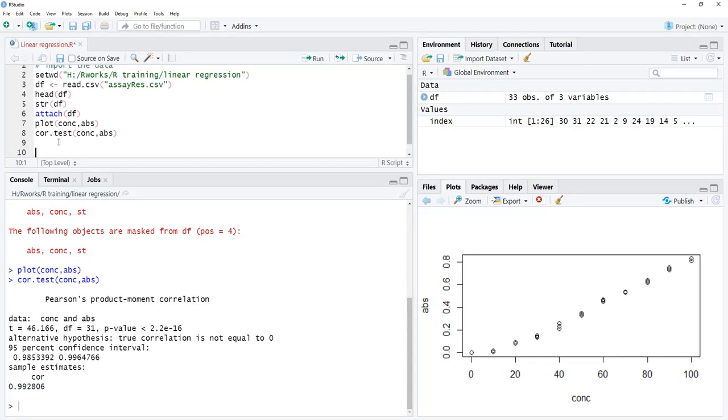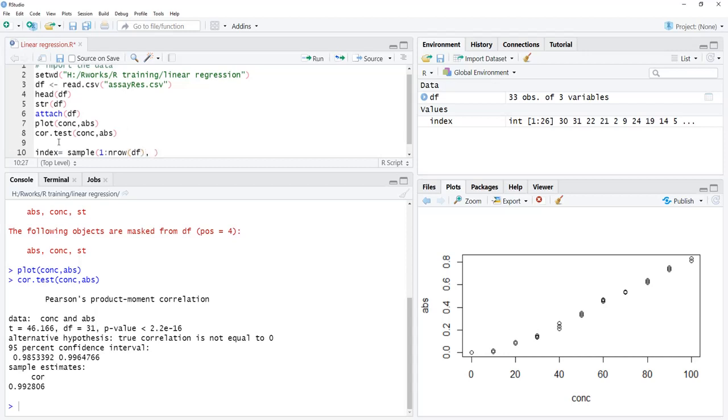For that, I will split the data. I will create the vector index is equal to, and using the sample function I will sample the rows from the vector 1 to nrow(df), and 80% data I want to select.